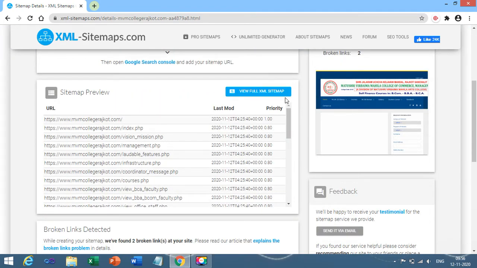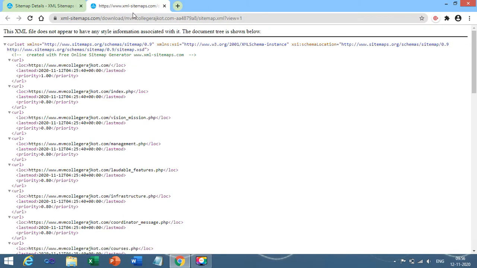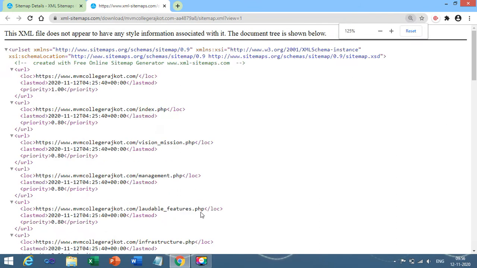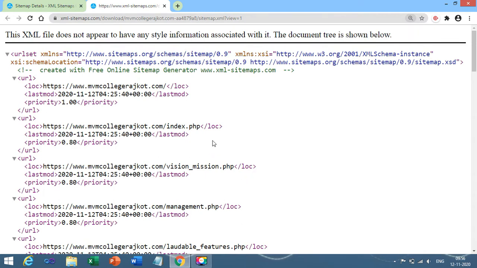Now if you want to view the full sitemap, you need to click on the following button. Over here it will come in the form of an XML file. I have increased the font of our file so that you can easily read it.